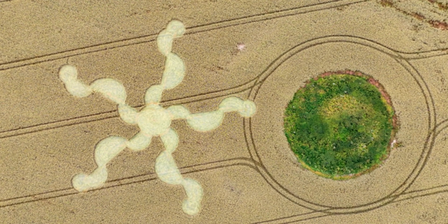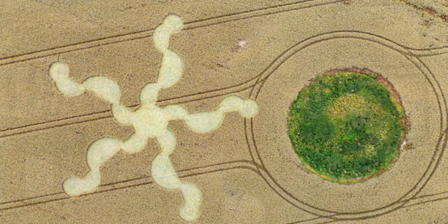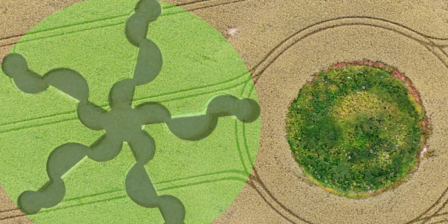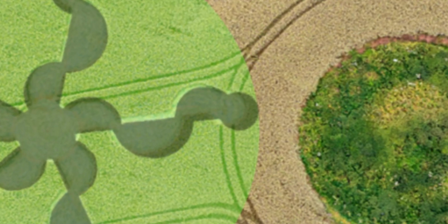Is the Stonehenge crop circle that was reported on June 30th, 2024 a poorly executed star, or does its imperfect short arm express a sophisticated geometric relationship with its environment? Many people have seen this crop circle as a simple variation on the star design, but with a little imperfection. One of the star arms is a little shorter than the rest, but it's not so much that you really